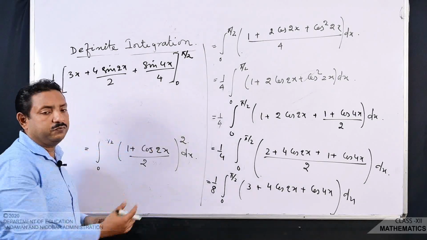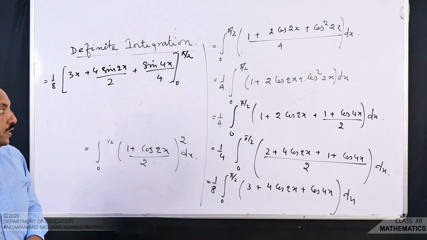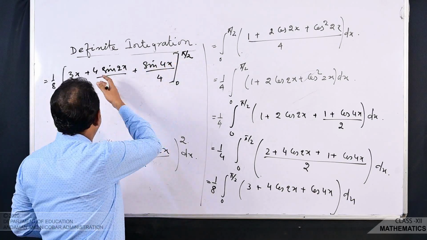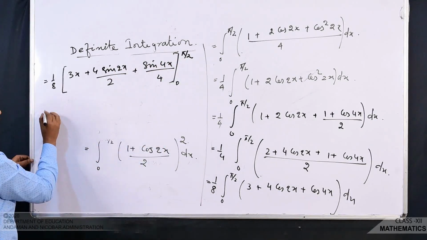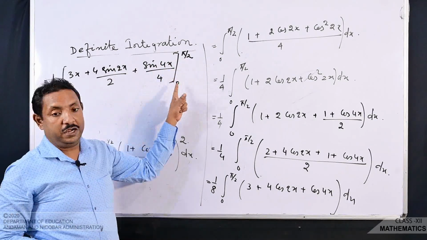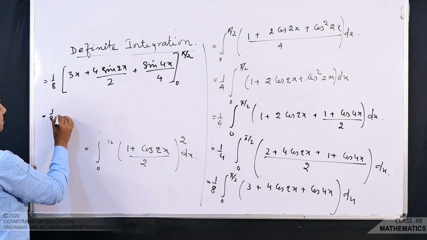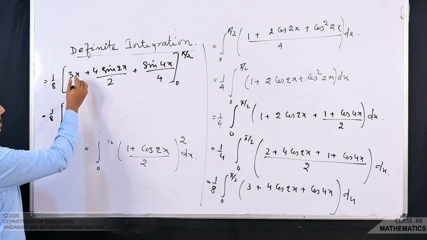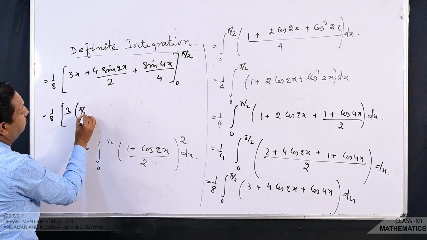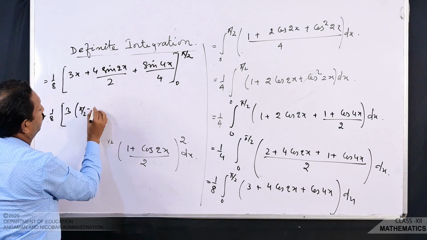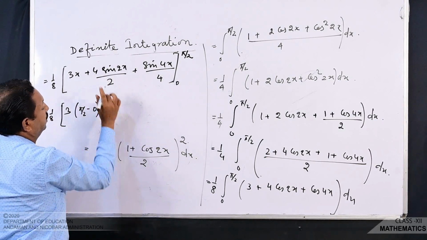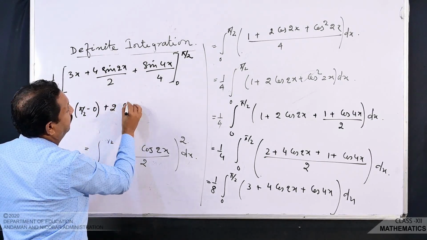Some one or two steps remain due to this definite integration. Now we apply the limit over here. So, what can we do? First you apply the upper limit, second you apply the lower limit. So, you have 1 upon 8, that is equal to 3 you keep here, and this x, that is pi by 2 minus 0, that is pi by 2, that is 2, sin